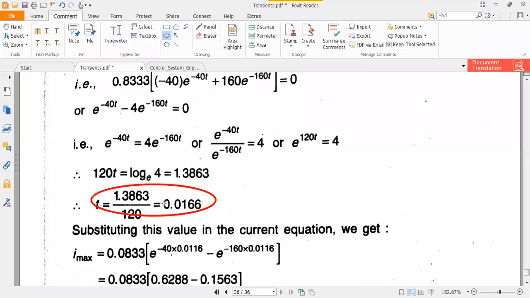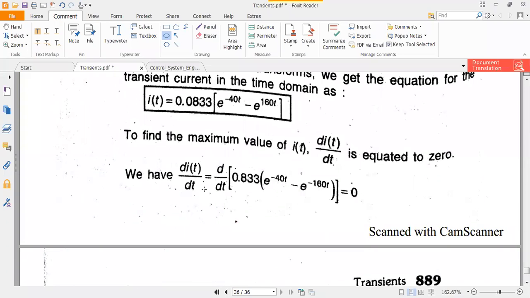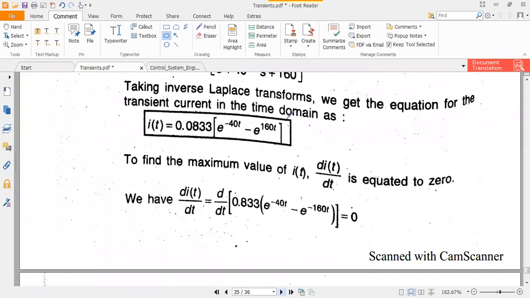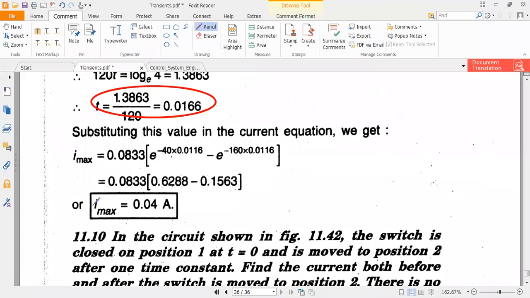Then this t value, if you substitute in this equation, you will get the maximum value of the current, that is I maximum is equal to 0.04 amperes. So like that you have to calculate the required data according to that problem. Okay, so this is about the